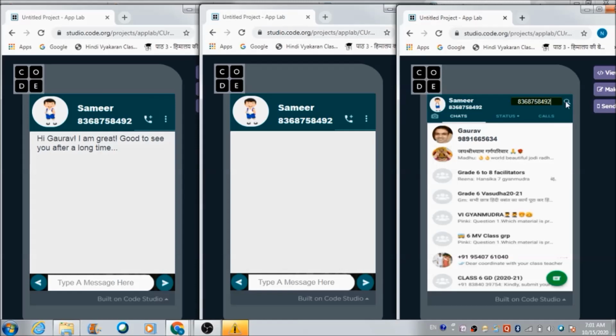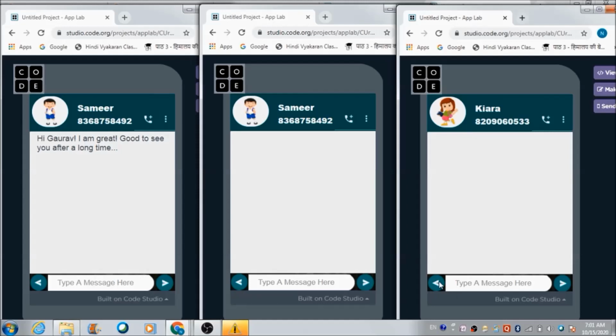When he hits this search tab, automatically Kiara's profile appears. Now he needs to hit Kiara's name and he will receive the message sent by Kiara like this.